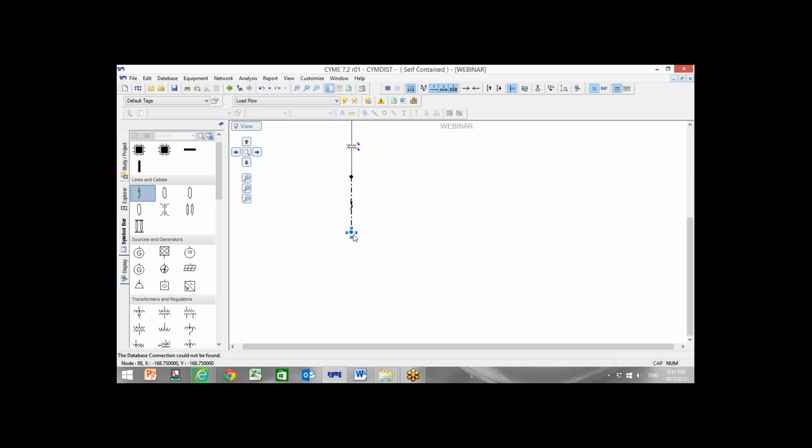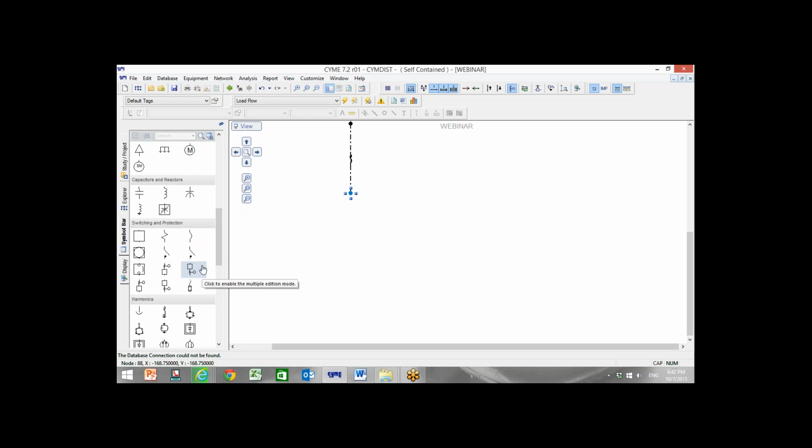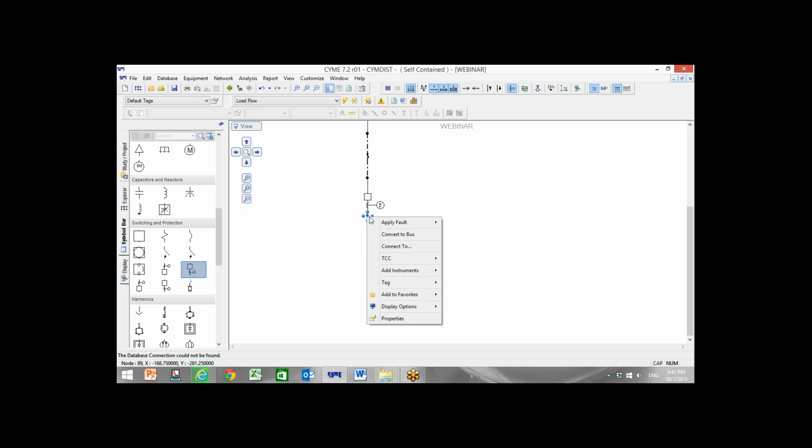Okay, then here I have a breaker with relay. So I go to this switching breaker, and this is a relay control breaker. Here I don't need to put a bus bar. I convert it to a bus bar, extend it here, and then I put another relay control breaker here, and then